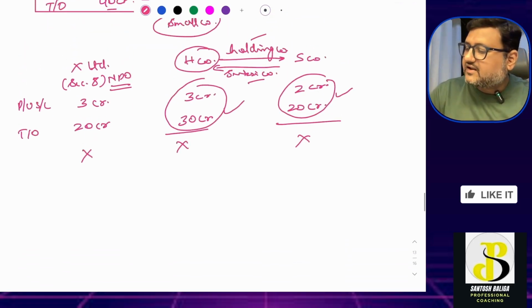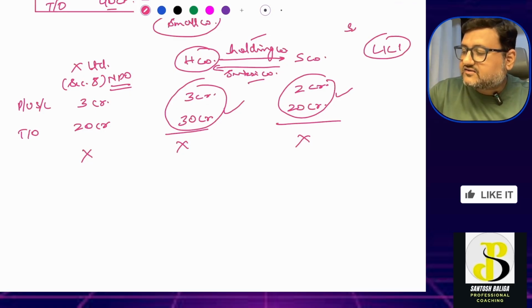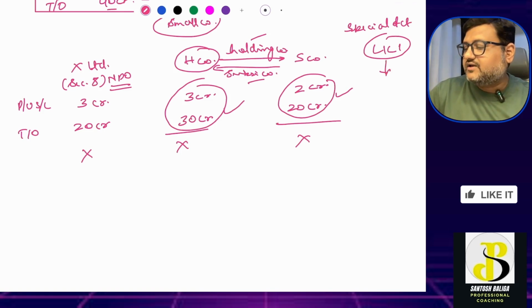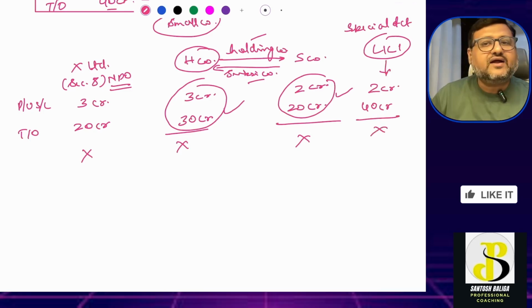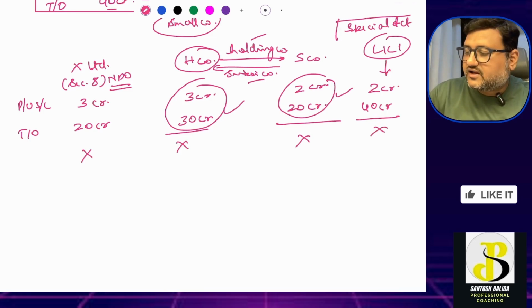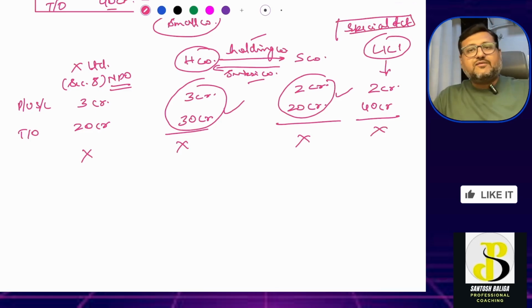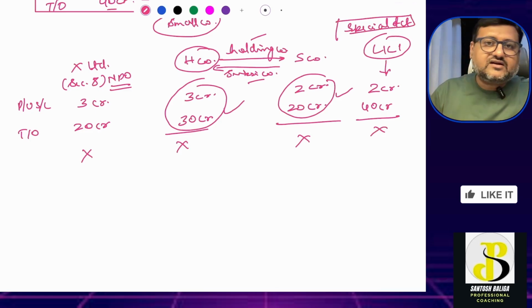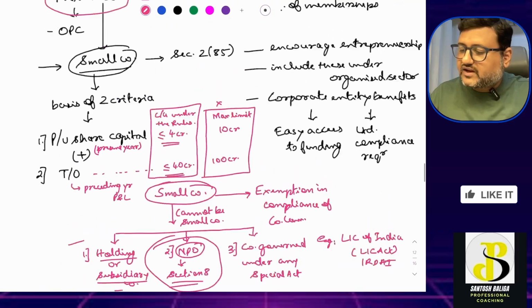Now a company like LIC, LIC of India, this is governed under a special act. So even if this particular company meets the criteria, for example, it meets the criteria, then still it cannot become a small company, because it is governed under a special act. So these are the provisions, these are the scenarios which are there under the small company. Let us quickly go into the